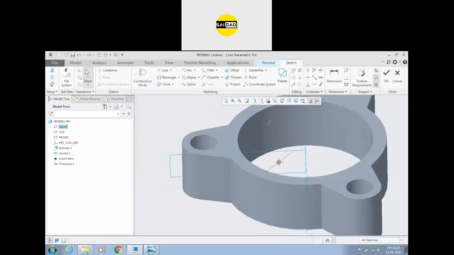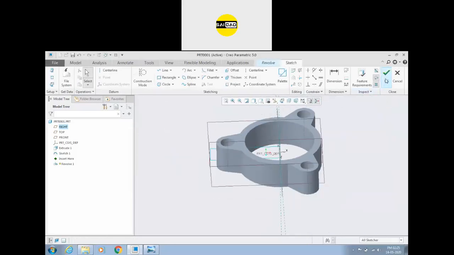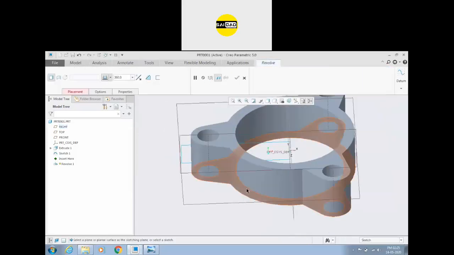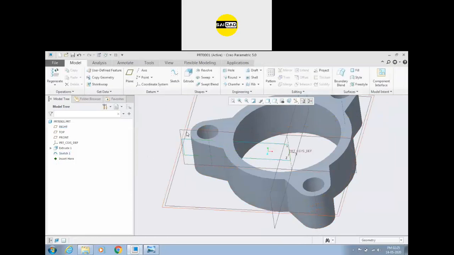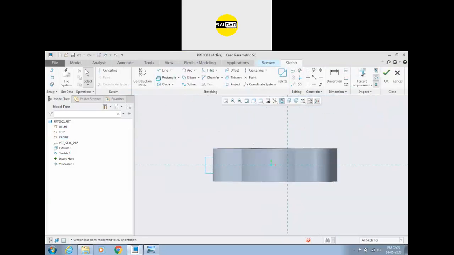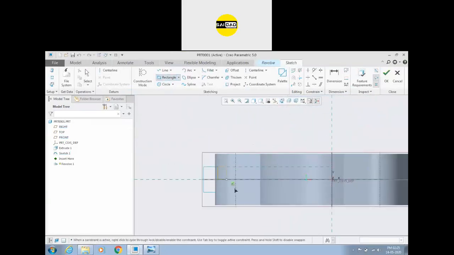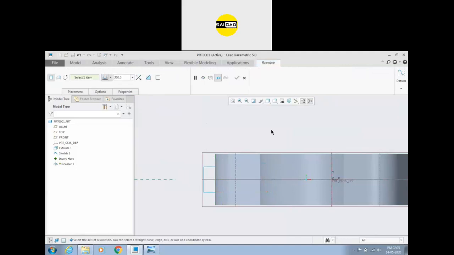Okay, again. Due to the multiple center lines, we have to complete it here. Okay, so I selected those edges.